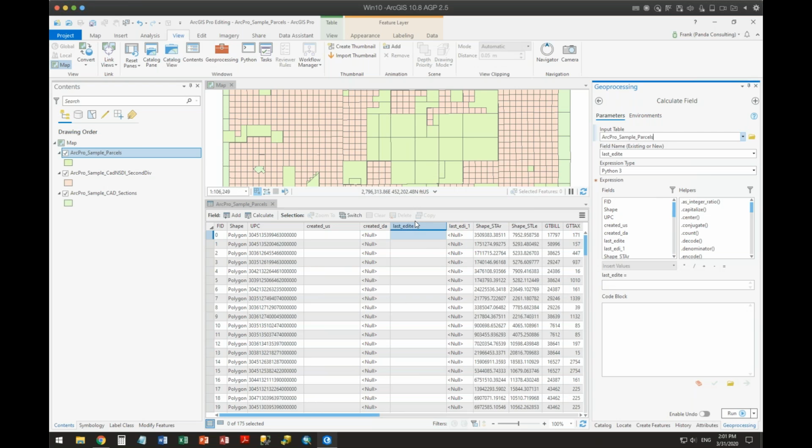Rather, the code was taken out of the interface and moved over to a set of Python scripts. Every time you would right click and say calculate, it would fire this off, but it kind of looked the same before. It doesn't look that way anymore. It now calls up that script, opens up that geoprocessing tool, and you then put it in there.